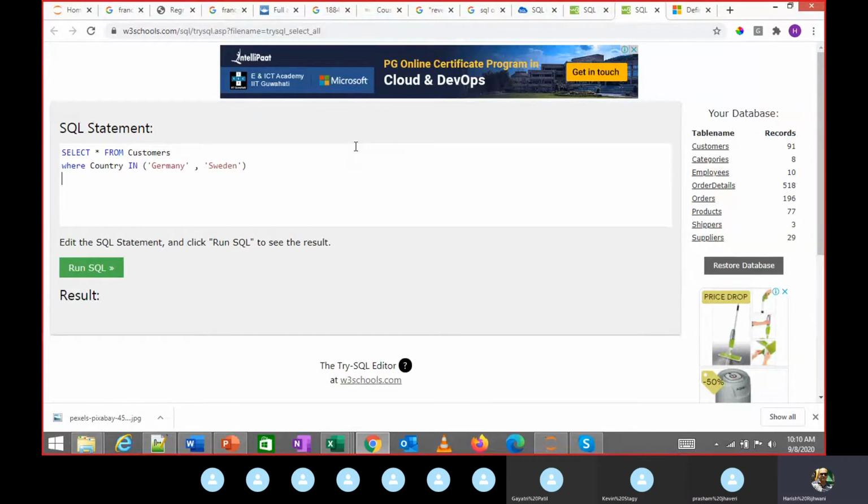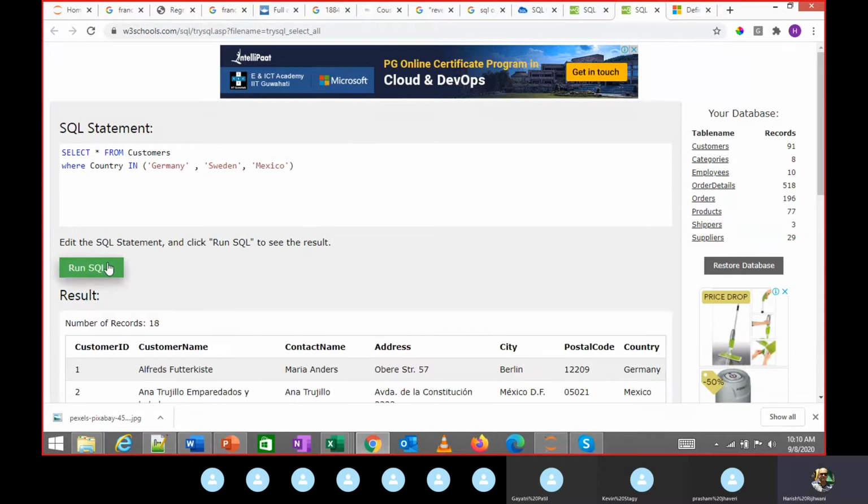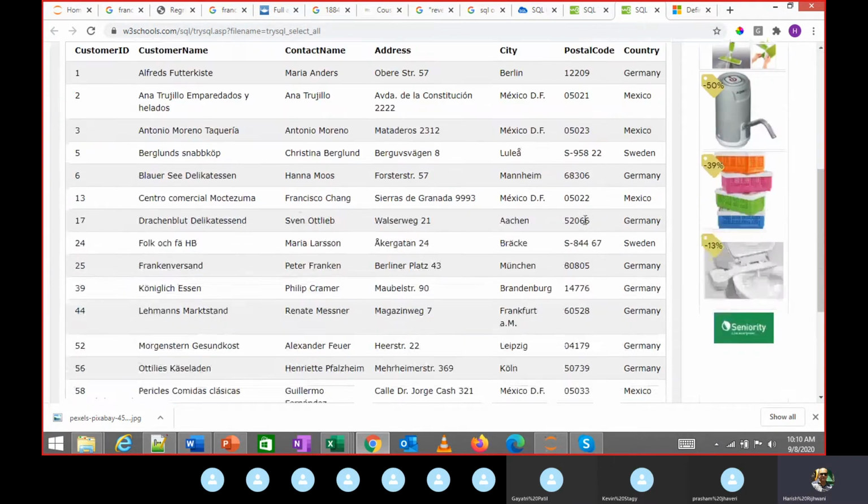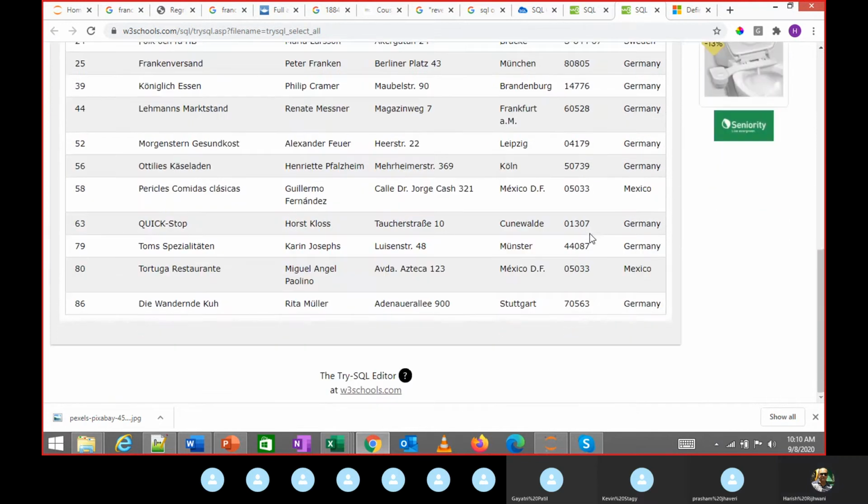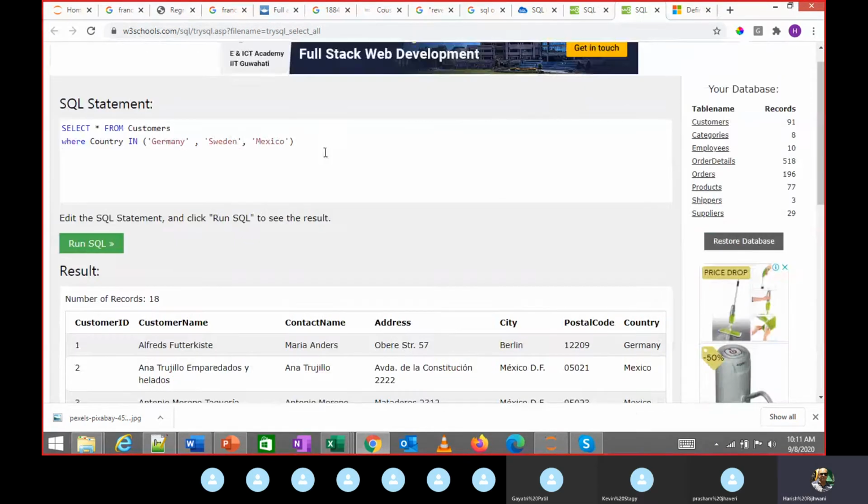It tells me that country can take Germany and Sweden. I can even put Mexico, so I will get data for whichever countries I want.